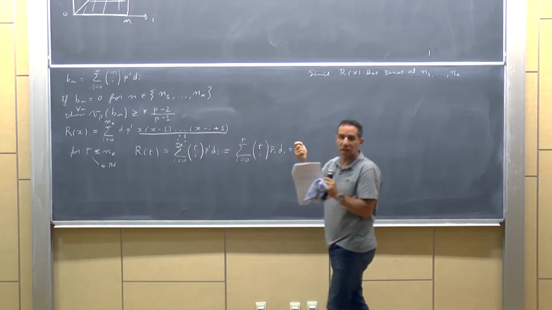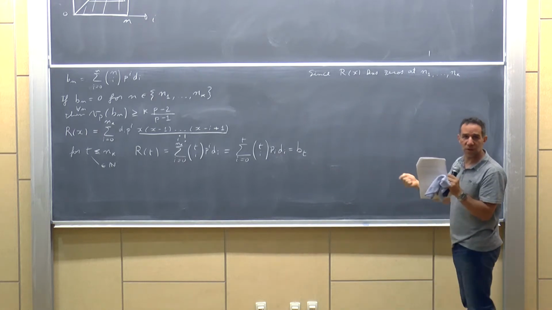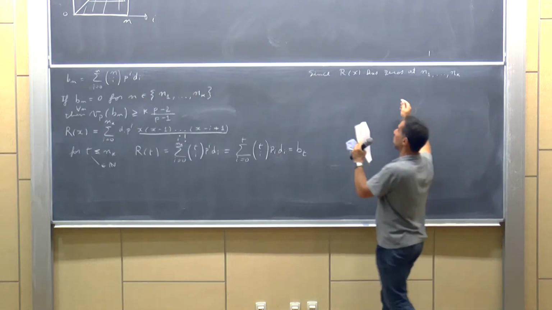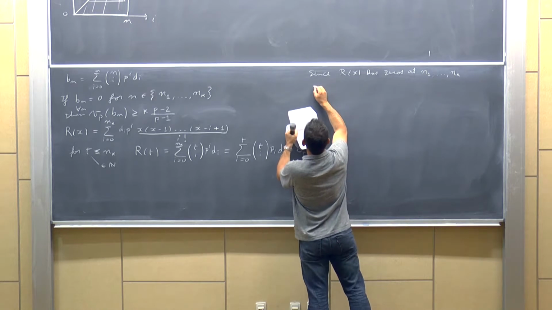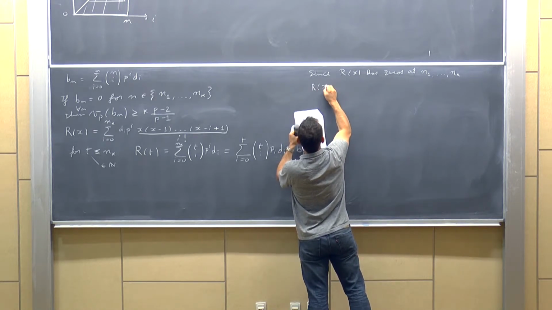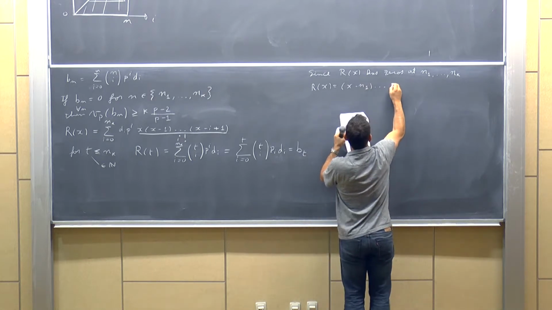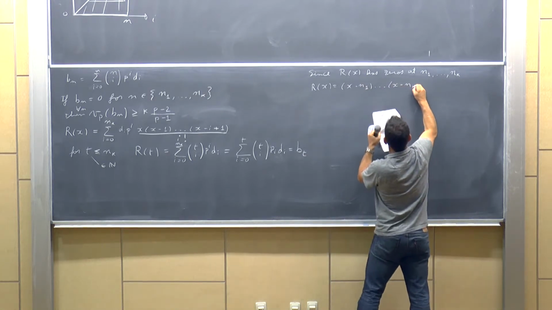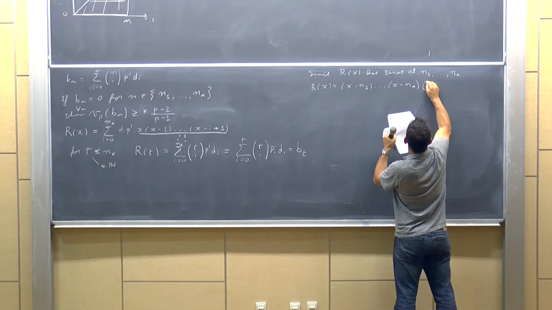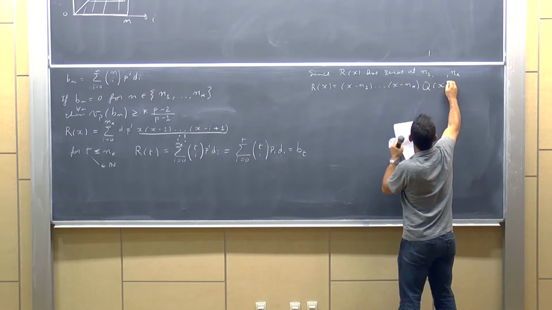So that means that r of n_1, r of n_2, and so on is 0. So it has zeros at these points. So I can write the following. I can write r of x is equal to (x minus n_1) up to (x minus n_k) times some polynomial q of x